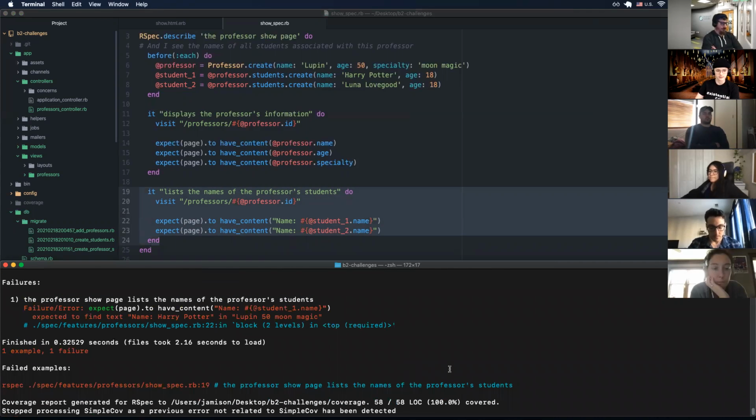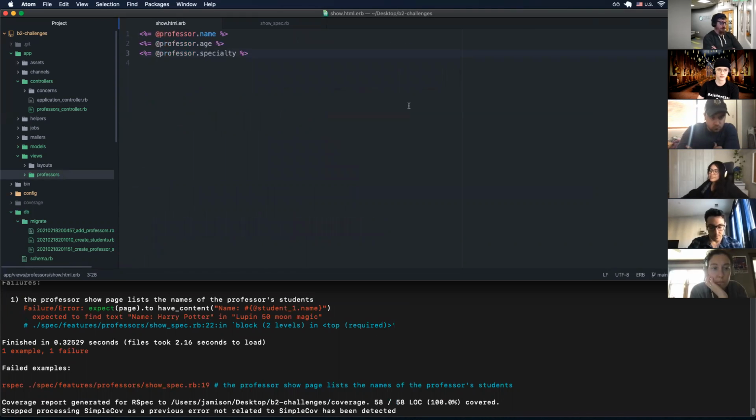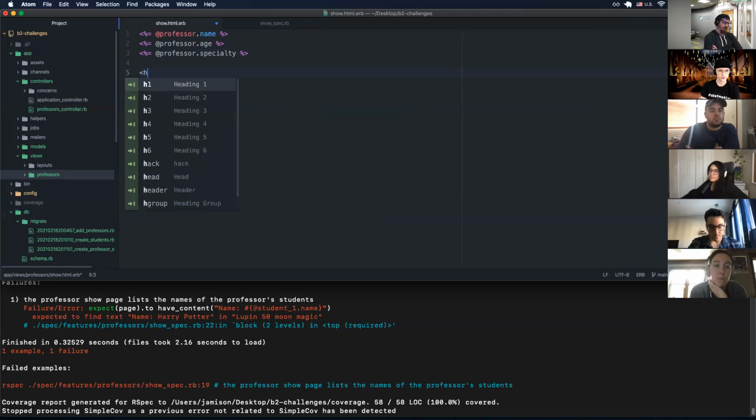Expected to find text name Harry Potter in Lupin's Moon Magic. I could probably add some formatting in here to make this make more sense as well. So I think where I would be inclined to go next would be back over to the show page and dream drive again and say, okay, what do I want this to look like? Let's give it some degree of separation here. We'll do H2,